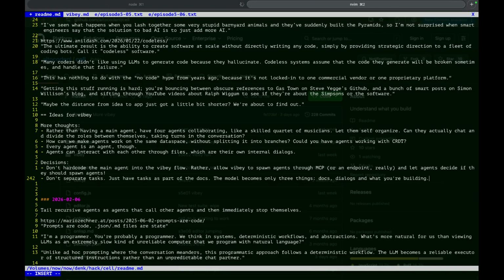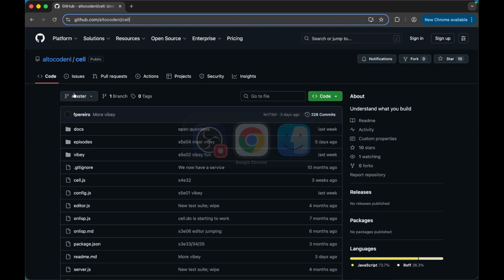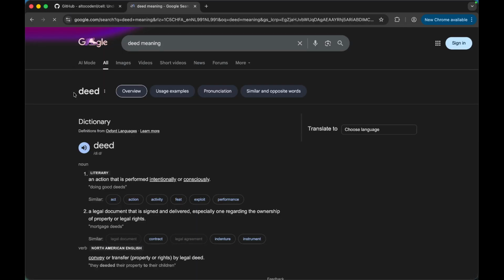A better name for what you're building is, what do I call it? Something with D. A deed. A deed is an action that is performed intentionally or consciously.